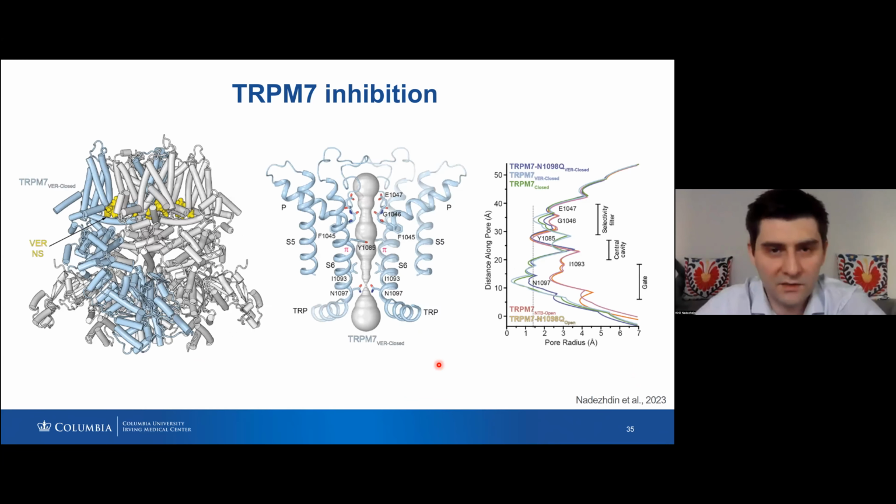And we added these inhibitors to our samples in Cryo-EM, and we found that although the nature and the chemical structure of these two compounds are different, they all bind in the same spot here. And this is different from the activating binding site for naltriben. And the pore is closed, and the state with inhibitors bound was very similar to the